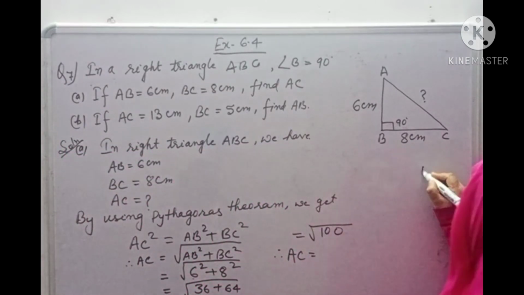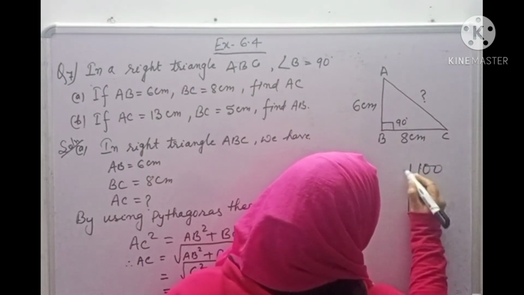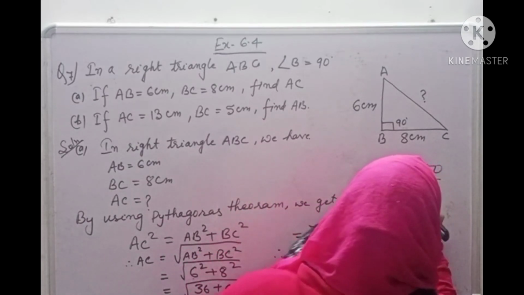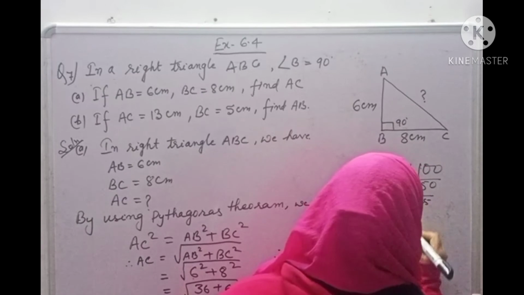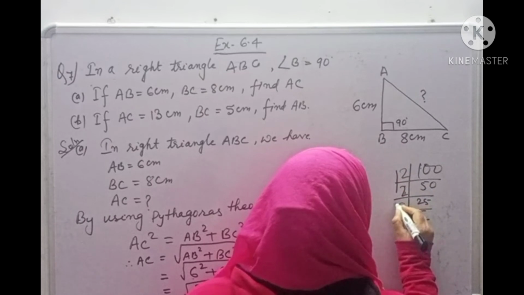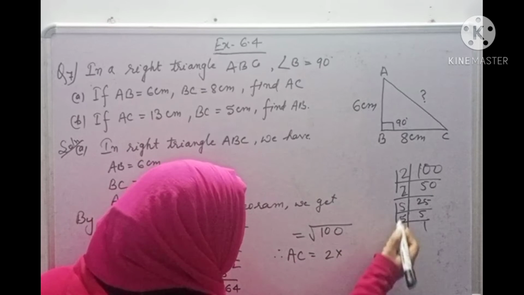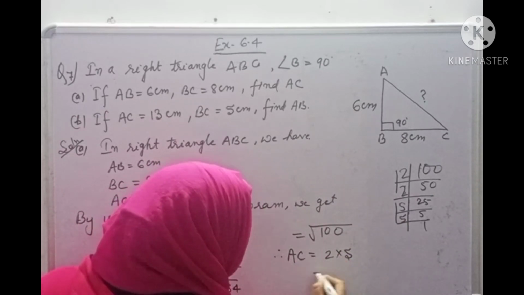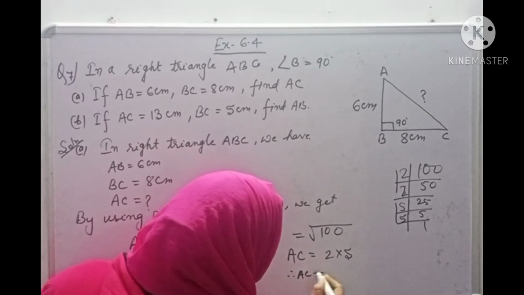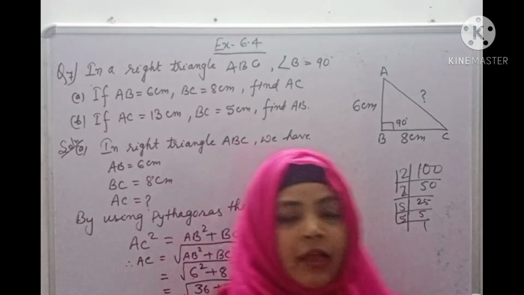आप इस तरह से फाइंड आउट कर सकते हो, simply like this. ये 100 है, prime factorization method से. 2 5 are 10, 1 0. Now once again 2 25 are 50, 5 5 are 25, 5 1 are 5. From each pair we can take one. From this pair you will take 2 and from this pair you will take 5. So 2 5 are 10. Therefore AC is equal to 10 centimeter.